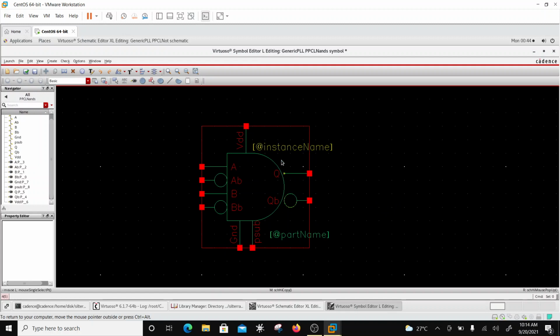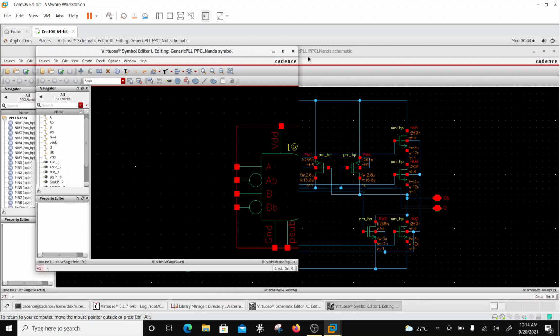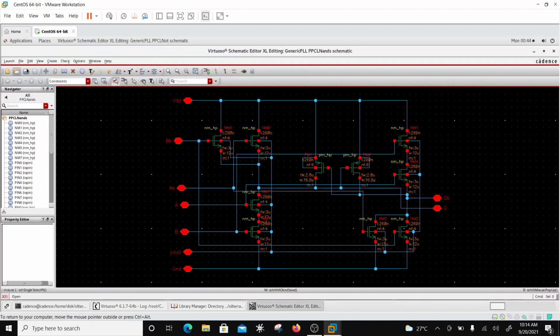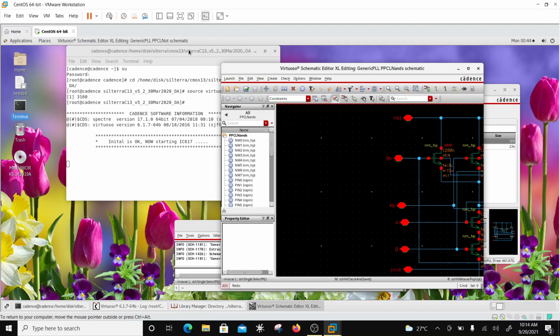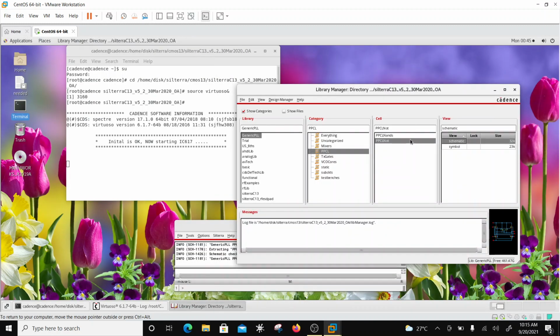So that's my PPCL NAND gate. So I'll just do a check and save here. Done. And check and save here. And done. Okay, so now that we have PPCL NAND gate, let's go ahead and construct the